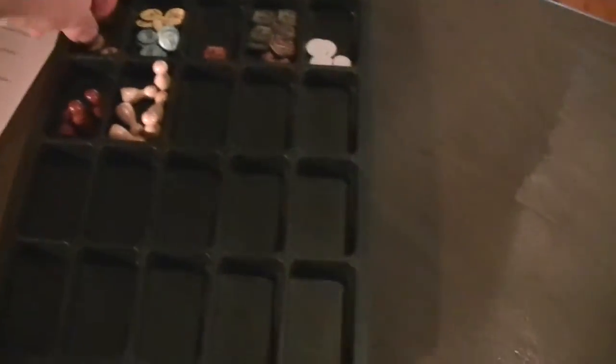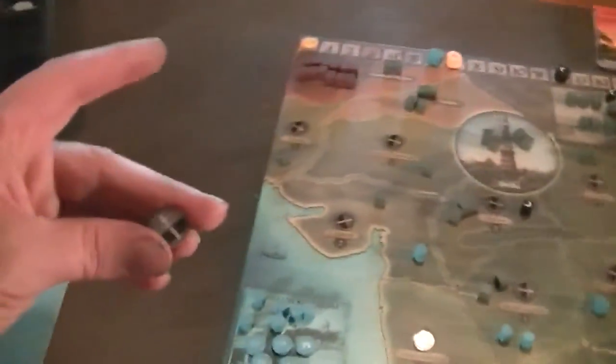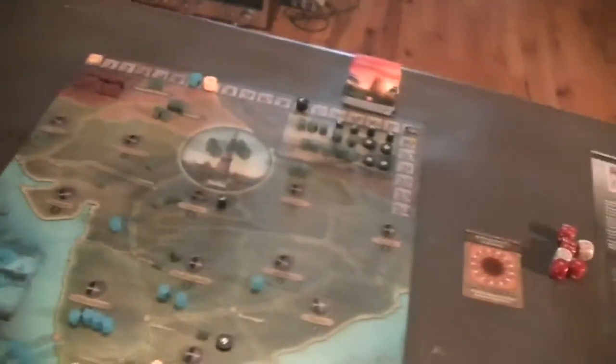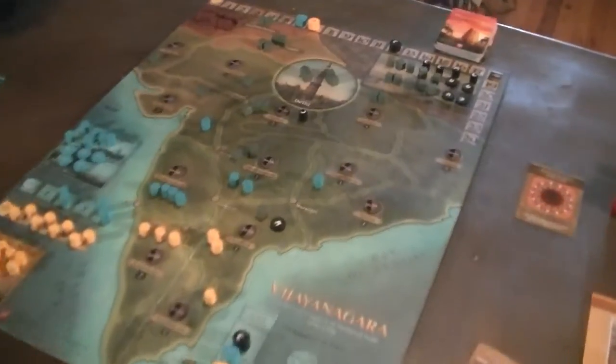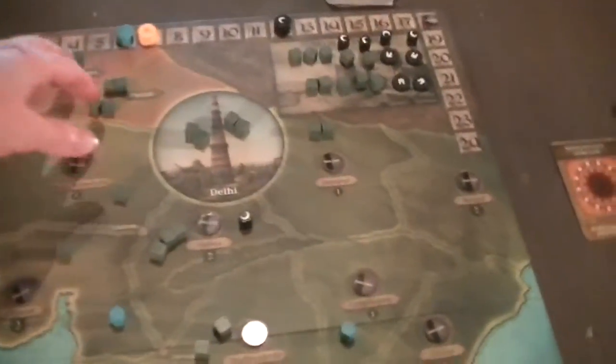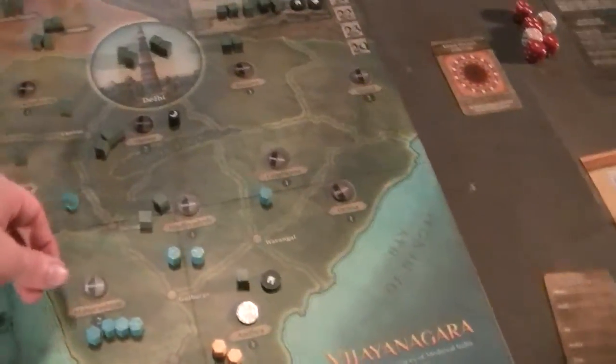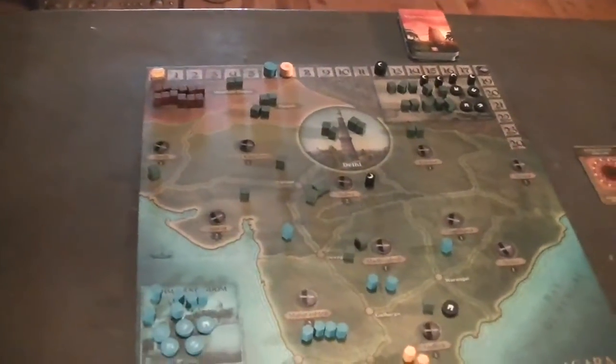In terms of pieces, you have these little markers. These are control markers, which are kind of allegiances that work with everyone. But on the other side of the Delhi control markers are tributaries, which is a further enhancement to their power in the area. And at the beginning of the game, they start with tributaries everywhere. You can see that there's a couple of extra counters because they have tributaries everywhere. They don't have them here, but you can't. And they don't have them in Delhi, you can't. They have tributaries everywhere, which to me means, yeah, we got a couple extras. That's fine. We have an extra of every wooden piece.